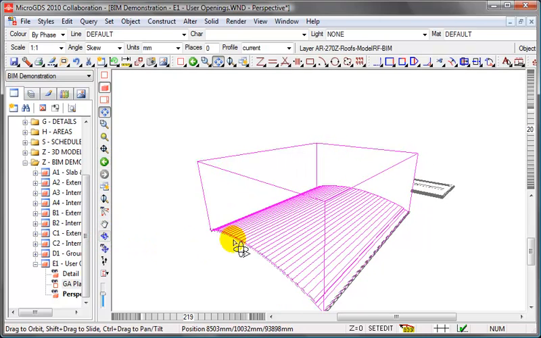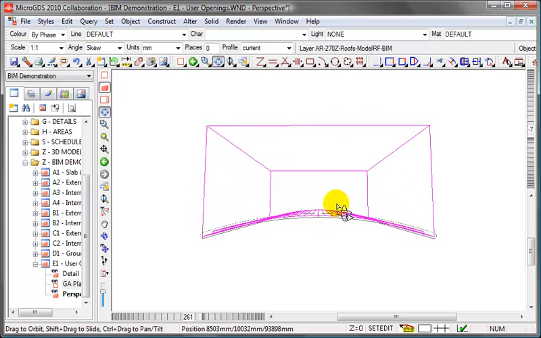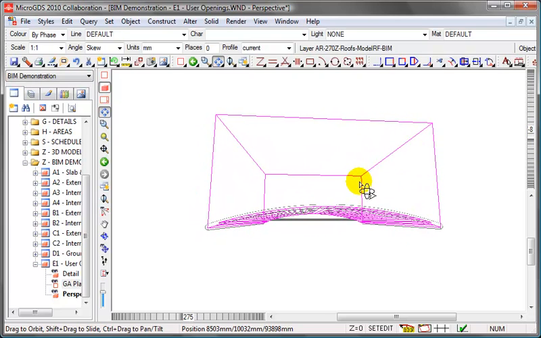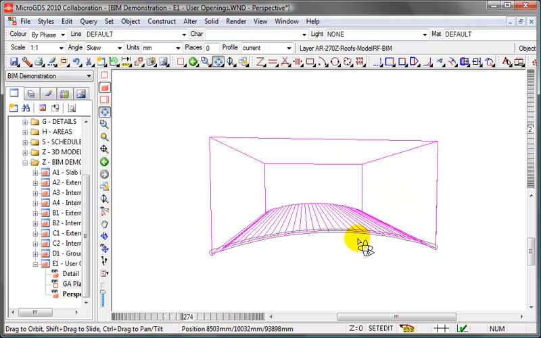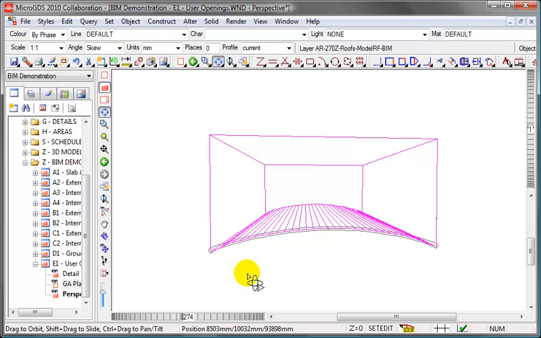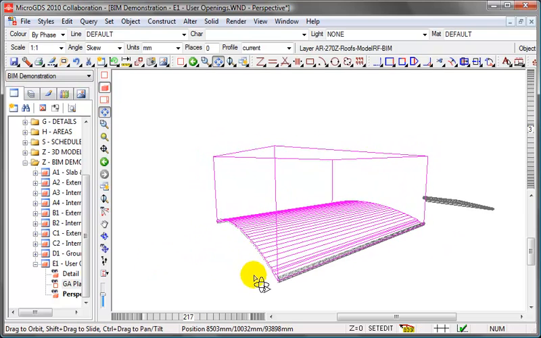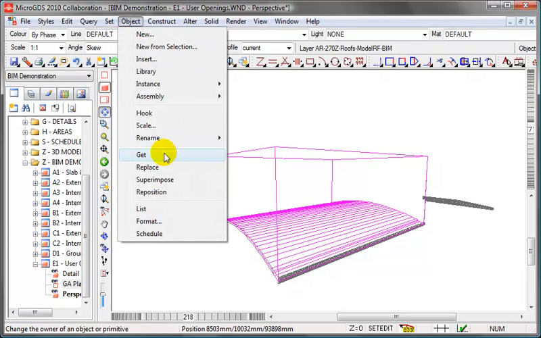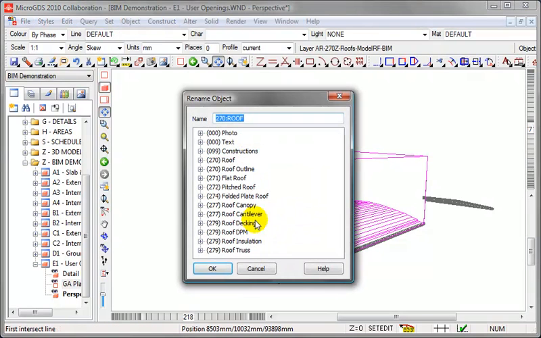of the roof. And there we go. Profile is following the underside. Quite happy with that. Yep. And we can then change the name of the object, so object to rename selection, and we just add